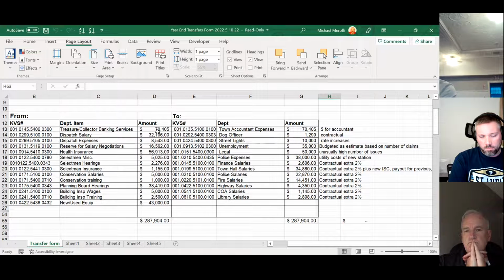Well, part of it was, if you remember, I was talking about software. It's not going to happen until July. So it was budgeted for this year and it got pushed off until next year. Okay. So going to the dispatch salary, there was 32,000 extra in that. Why is that? Both salaries and expenses were because we regionalized dispatch. And that was some of the savings? Right, that's some of the savings.